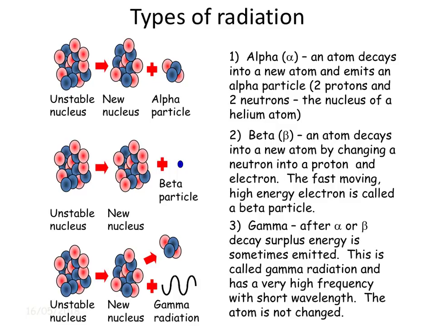Now I'm going to look at the types of nuclear radiation. There are 3 main types of nuclear radiation, and they're alpha, beta, and gamma. The first one we're going to look at is alpha, which is up here. So alpha particles